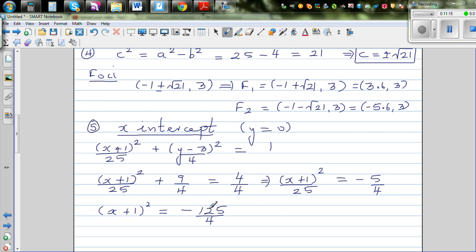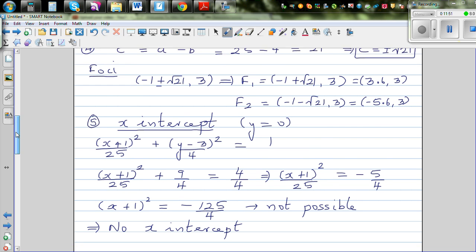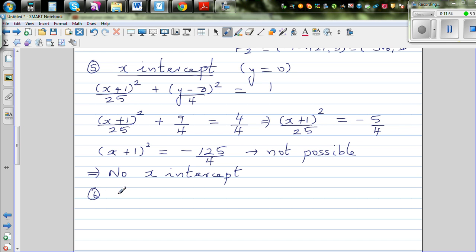Now this implies a square is a negative number. Whatever value of x you take and add 1 and then square it, it's never going to be negative. Here we are saying the square of something is negative, which is mathematically not possible in real numbers, which implies there are no x-intercepts. And for the y-intercept, finally,